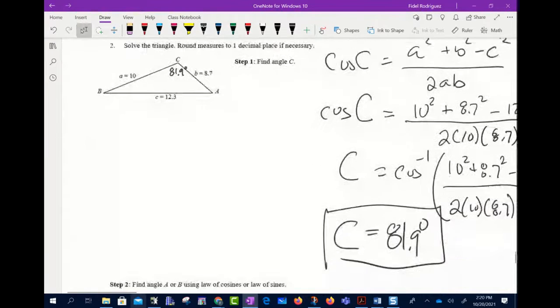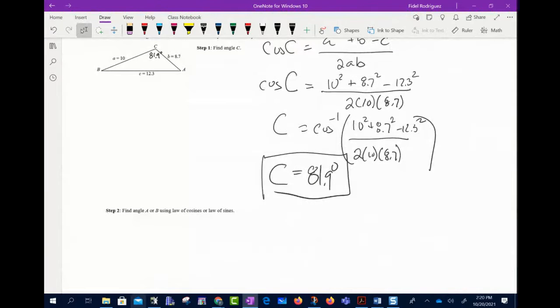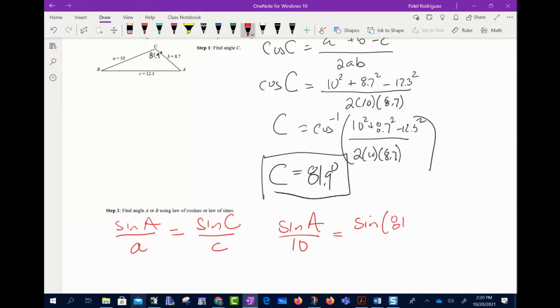So let's go ahead and find. It doesn't really matter which one we find, whether we find A or whether we find B. Let's find A. Okay, so y'all, I'm just going to use my law of sines. Sine of A over A equals the sine of C over C, because that's the angle that we have. We don't have an angle yet for B, so I can't use that part of the law of sines. So we're going to say the sine of A over little a, which is 10, equals the sine of 81.9 over